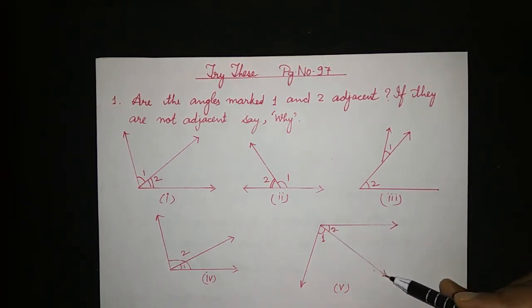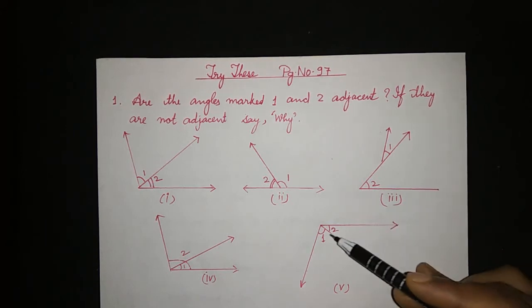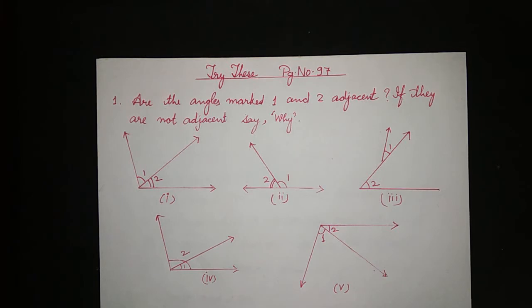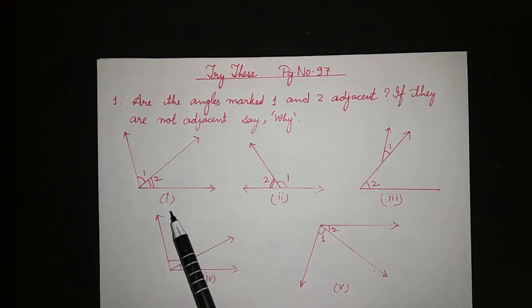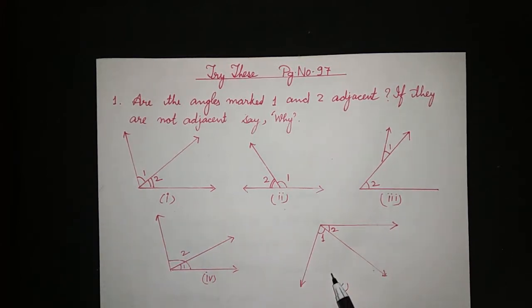Here this is the common arm and these two are non-common arms which are on either side of this common arm. So for this question, you will write that the figures first, second and fifth,